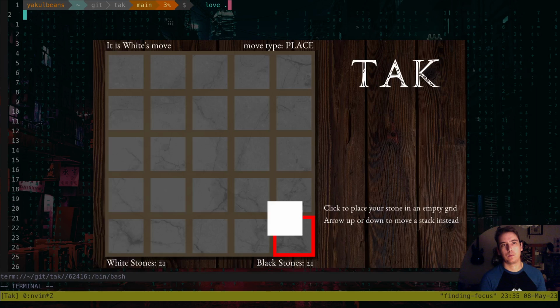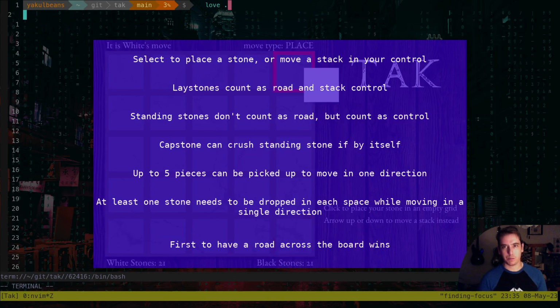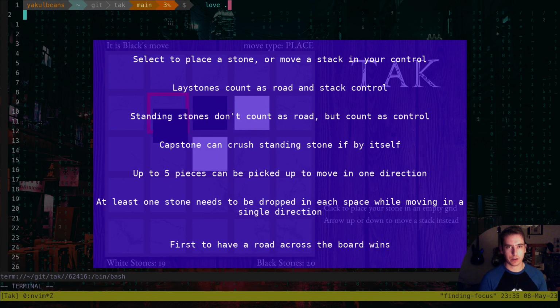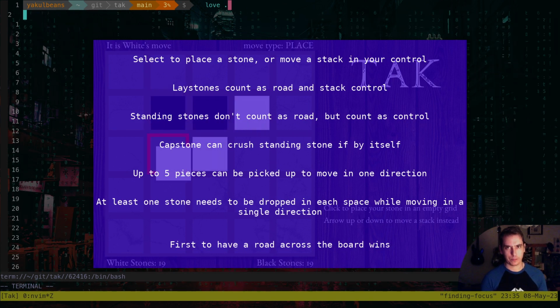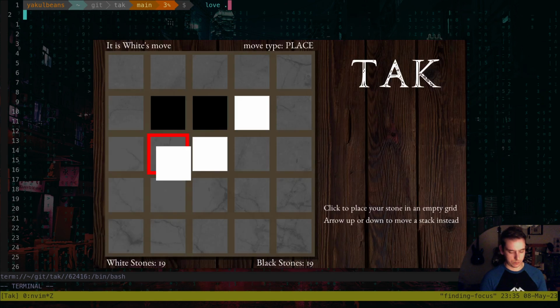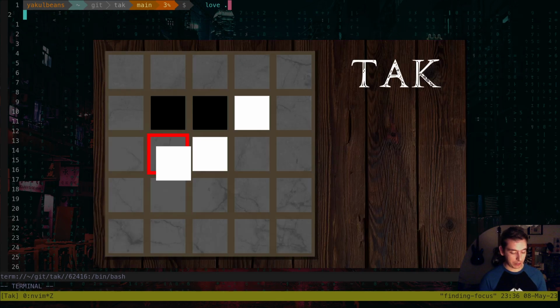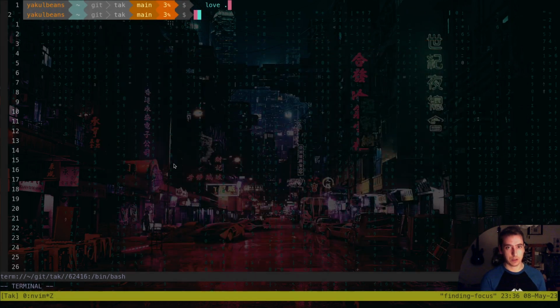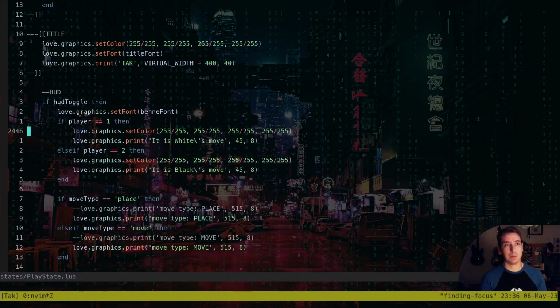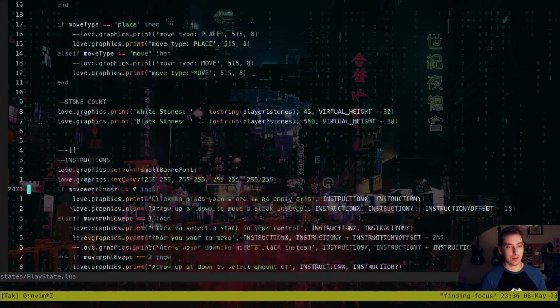Let's see. So we've still got this help that doesn't freeze our gameplay. I guess while we're at it, let's just add our help font to be equal to the other font we're using, just to keep that consistent, I guess. And then,